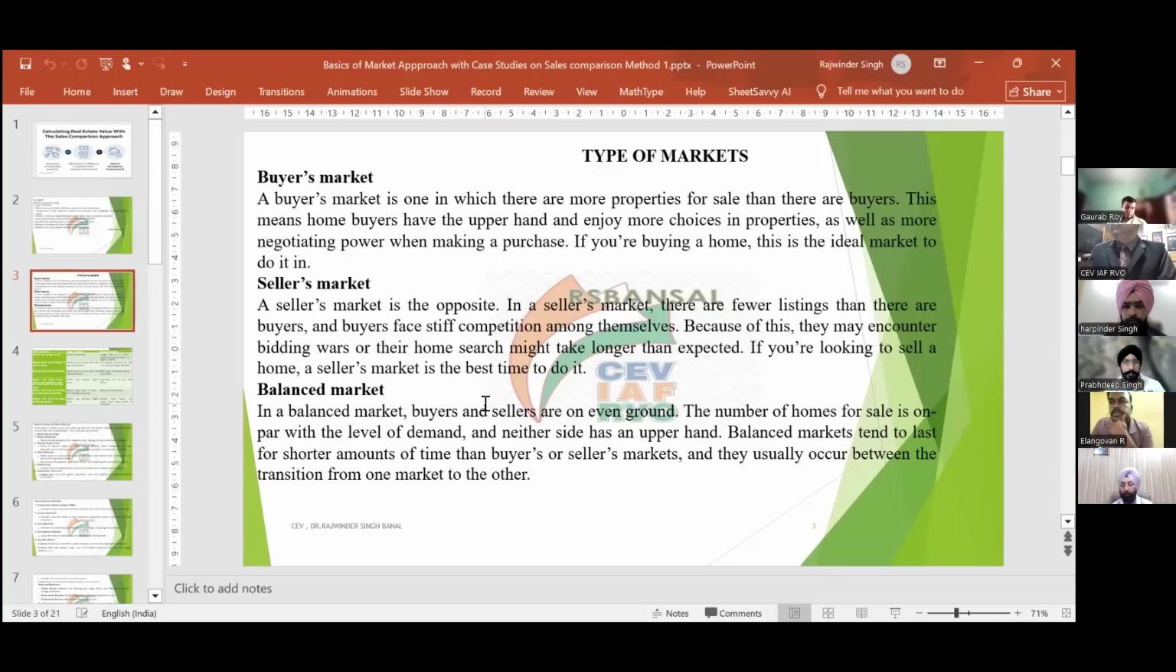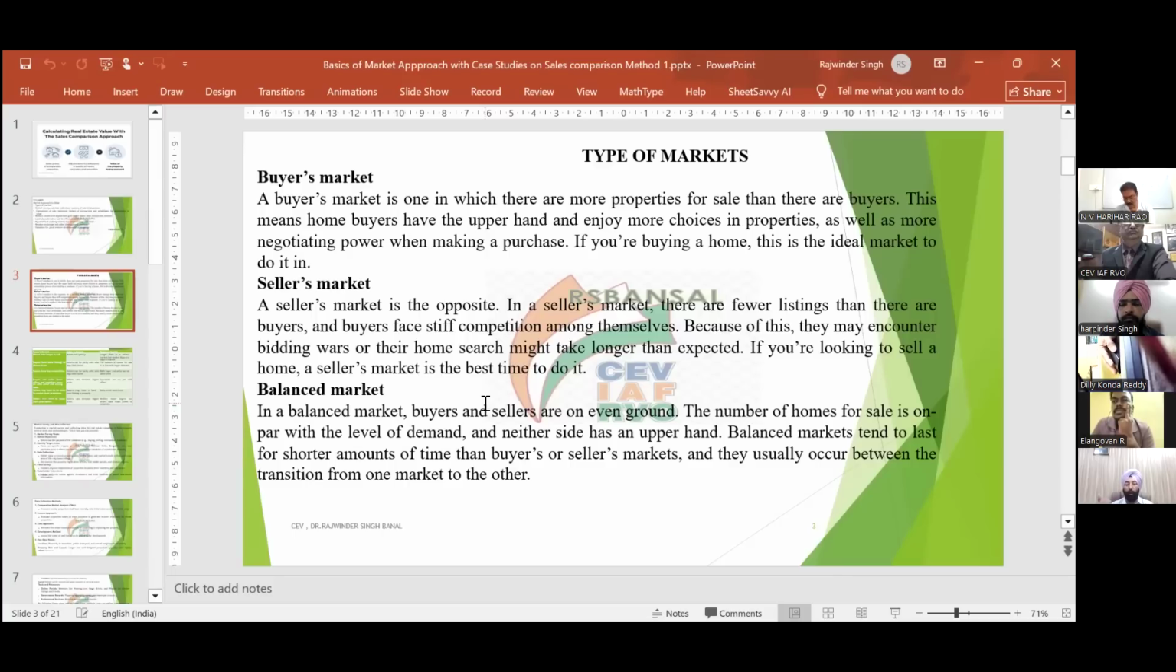There are many buyers. What, sir, is a buyer's market? A market where the number of buyers is less than the sellers. Yes, it is basically a market where the buyers have the upper hand. So when the number of buyers is less than the number of sellers, it means